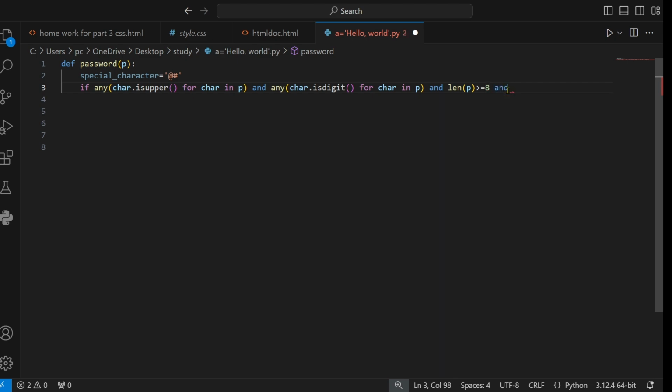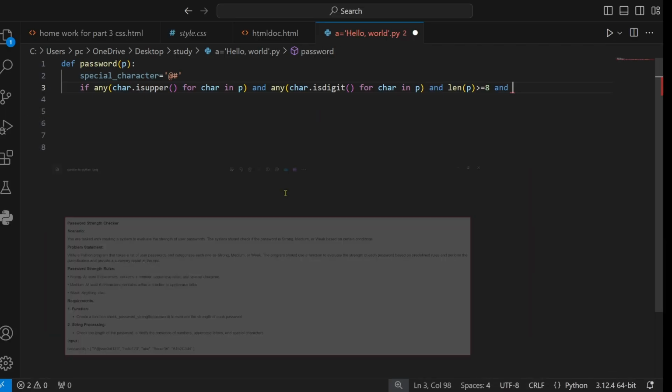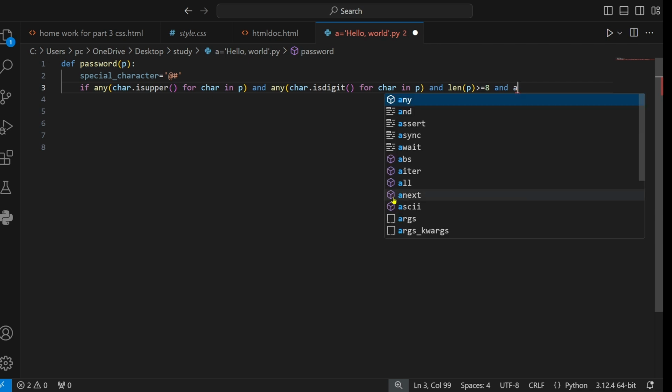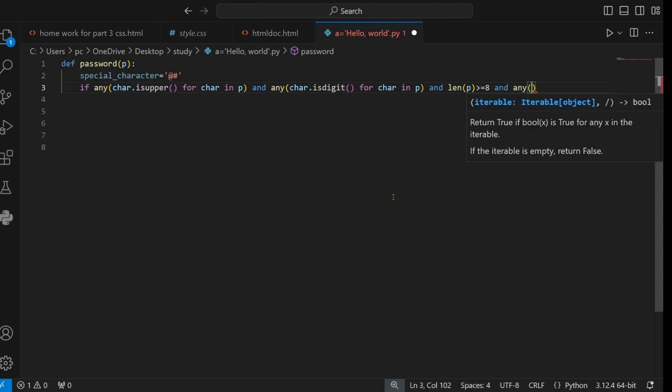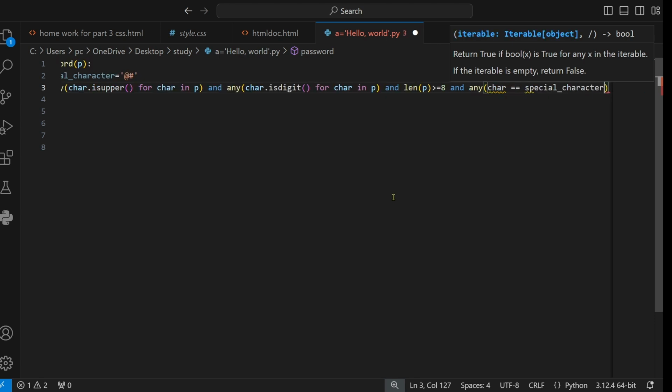Okay, one more condition: this condition is satisfied, this satisfied, this satisfied. It should also contain one special character. Okay, and any of character, any of character equal to special character